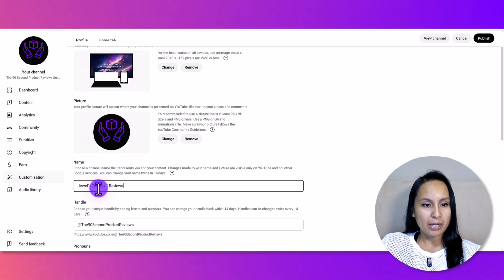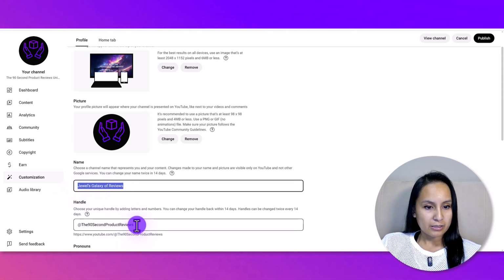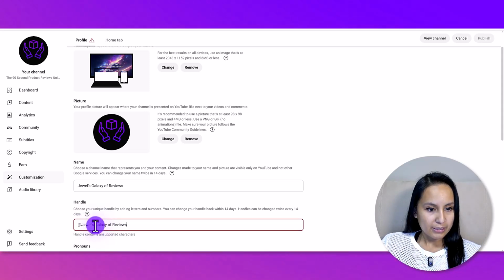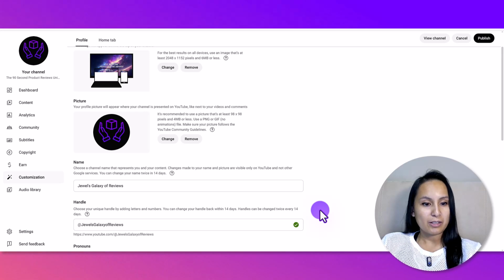If you're changing the name here, you should also change the handle. So I'm just going to highlight this and then change the handle. The handle is the link. So I'm just going to highlight that. I have to delete the apostrophe, and then it doesn't like spaces. Okay, so it's the link,